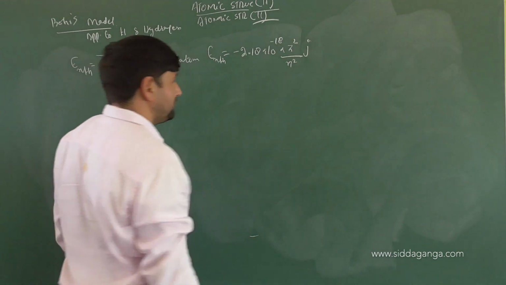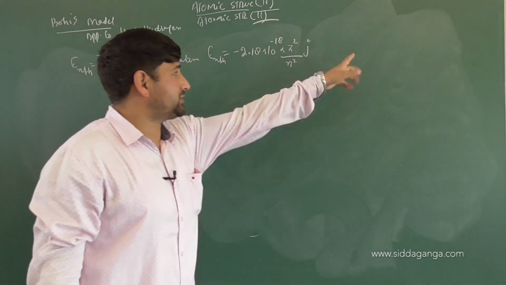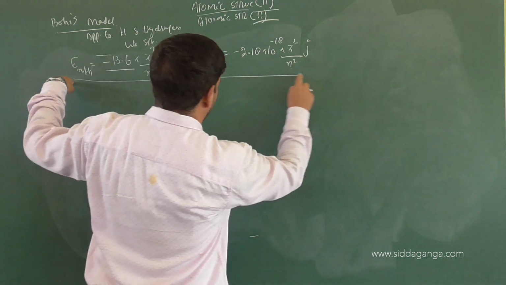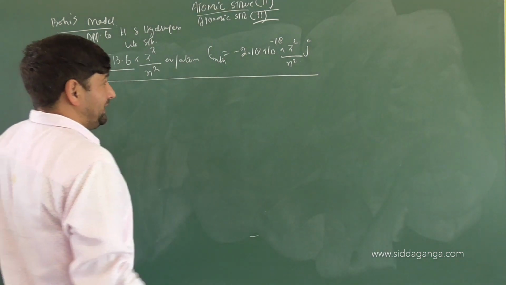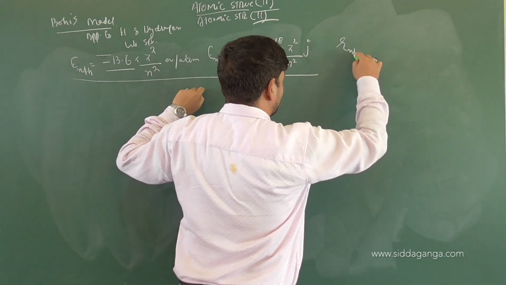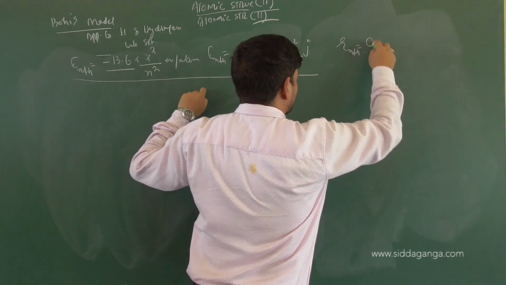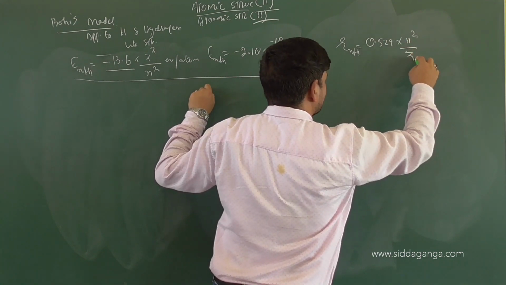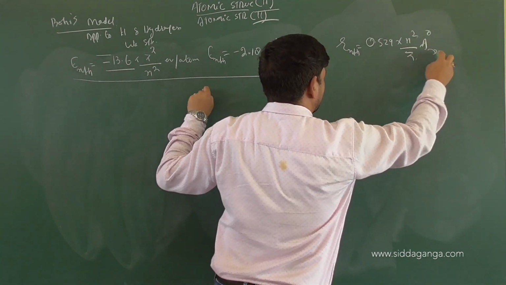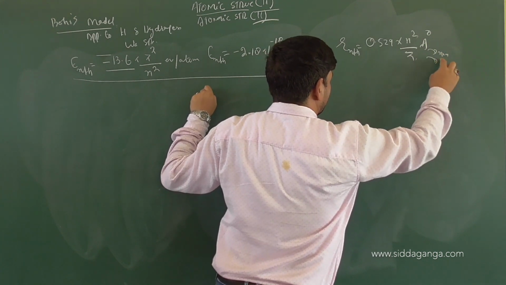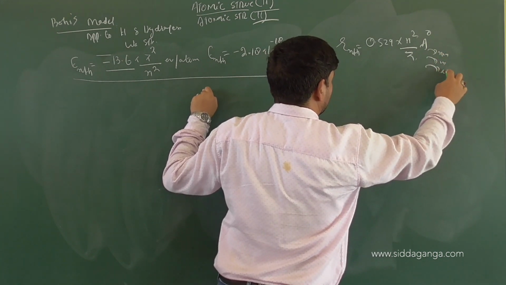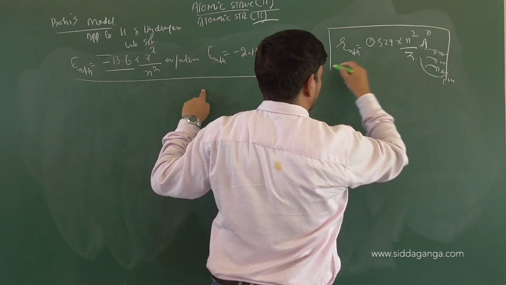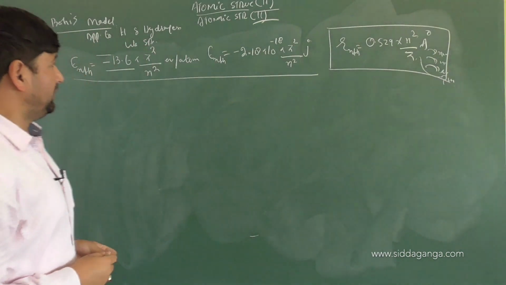This will be in terms of joules. Even you can write the value in terms of centimeters and other units itself. So these are two generalizations on the basis of which we are getting the energy values. And then, as I said, radius of nth orbital of hydrogen atom equals to 0.529 into n square by Z angstroms, which can be converted to nanometers, can be converted to meters, can be converted to micrometers, and even can be converted to picometers. Is it clear so far?